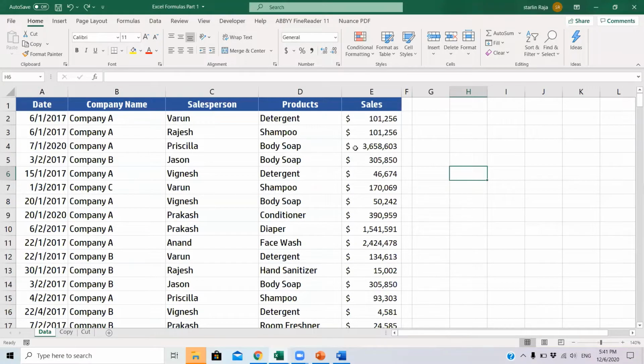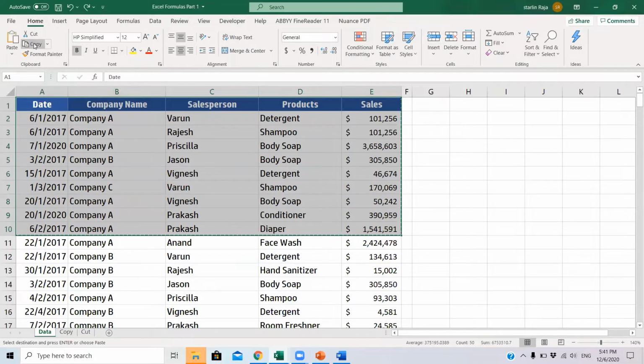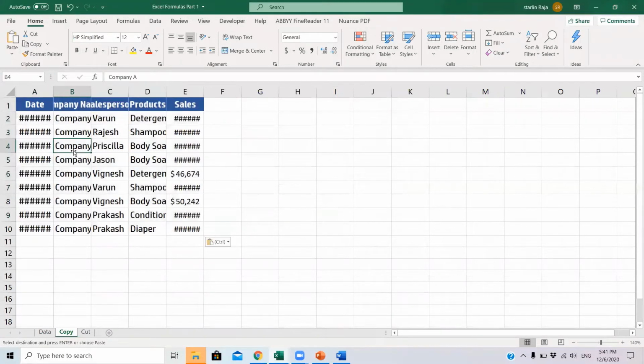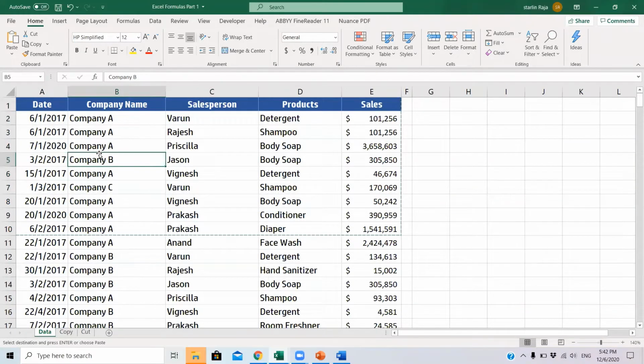But again now, I want to move this data to another location, yet I want to retain it here as well. For that, copy is the command to be used. I'm selecting the whole range again. I'm clicking copy now instead. So I have a tab called copy. I keep my cursor, I'm pasting it. So it does the same thing. It has pasted the data range and also it has retained it in the original location. So this is the main difference between a cut and a copy command.